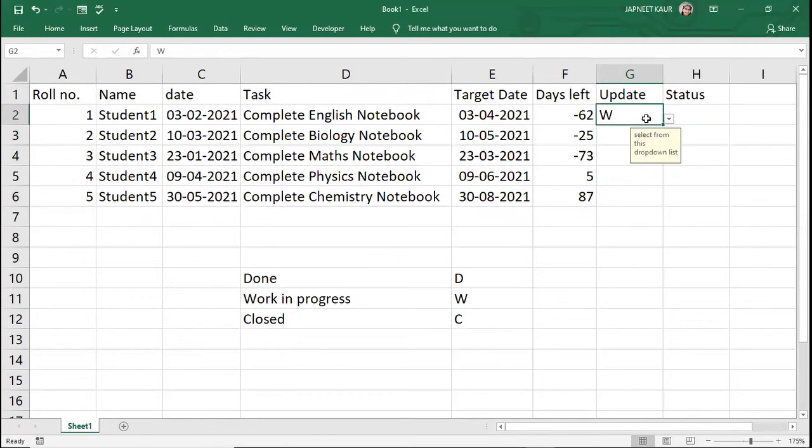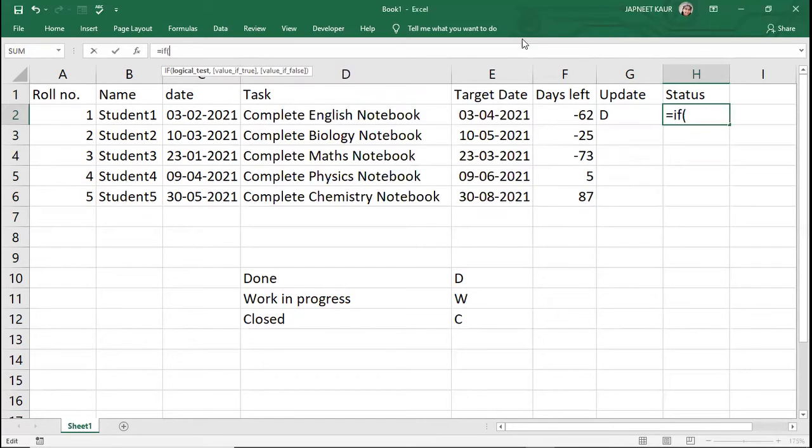Like when I'm selecting W over here, it should represent work in progress over here. So for that, if I'm selecting D over here, in the status, it should say done. Okay. For that, it will be equal to if condition.